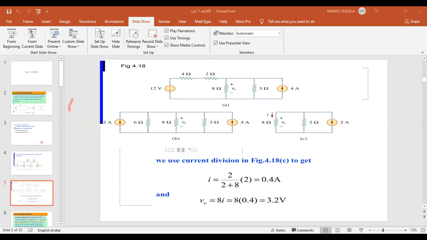I am just sharing a question with you. Note it down and try to solve.